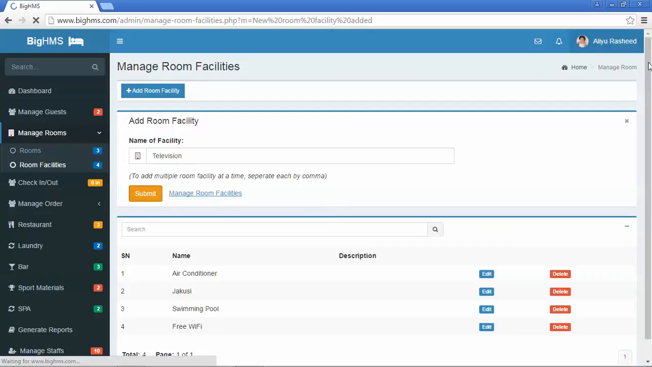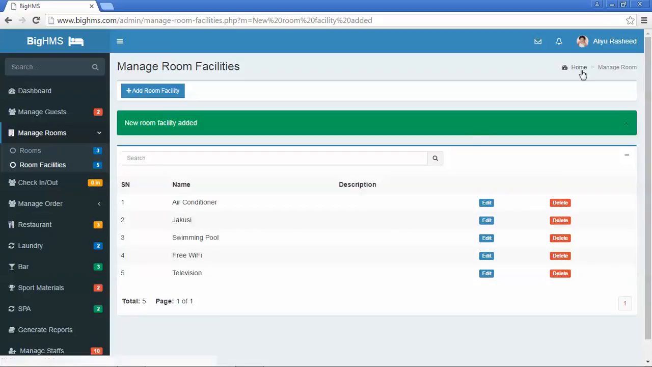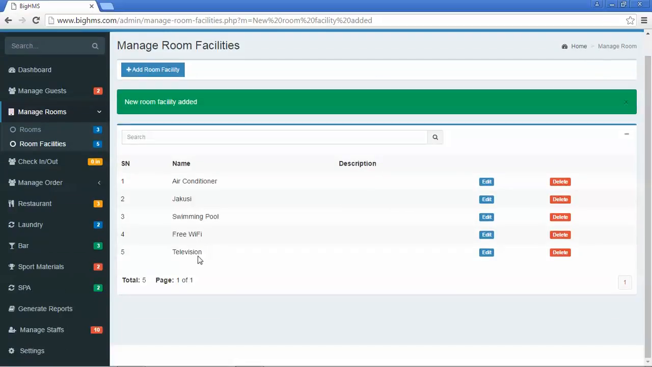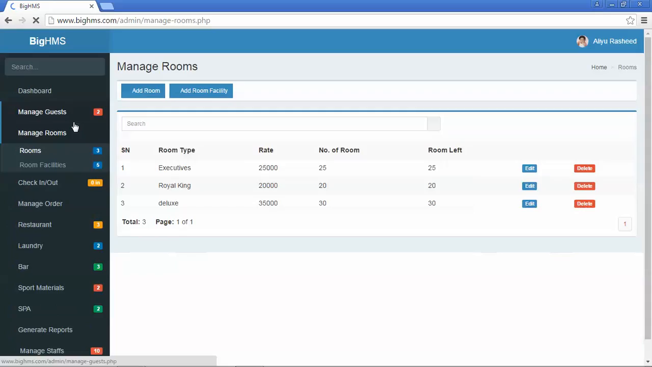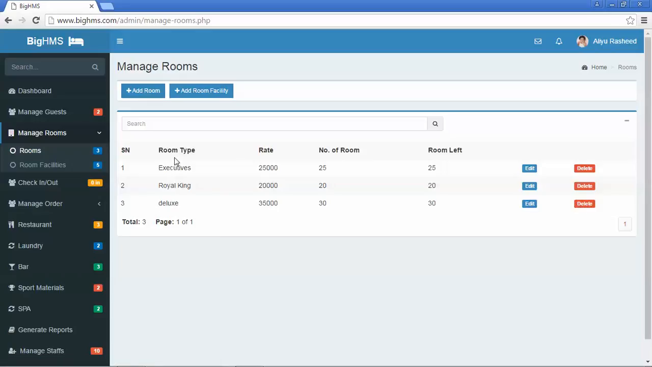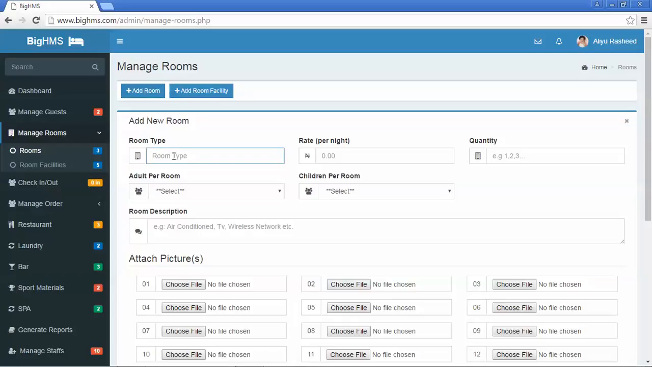So as you can see from our notification, new room facility added, and if you see from this page, you will see that television has been added. So now the same thing with your room. You have different types of rooms, you will add them yourself. As you can see, we've added 3 rooms already. So now let us add one. Let us add Royal as the name of the room. Then the rate of this is